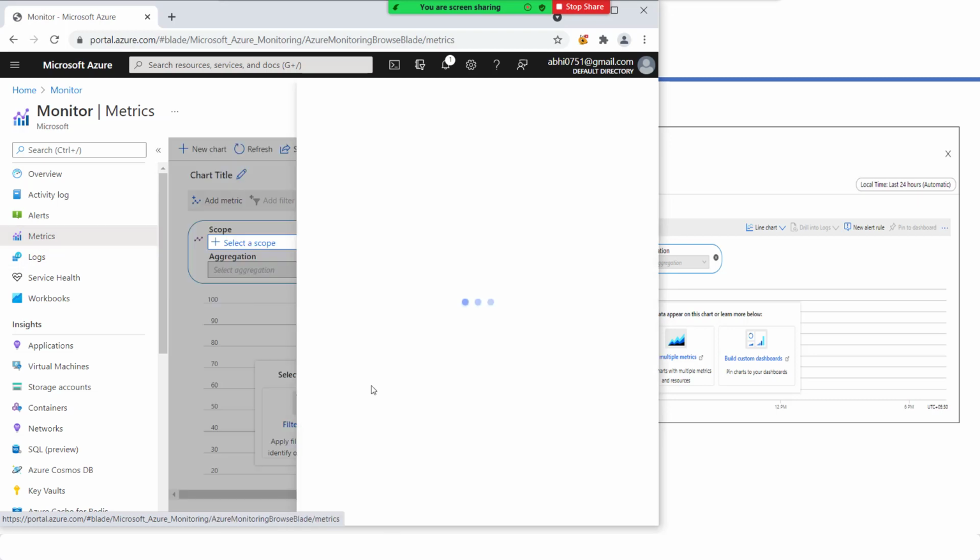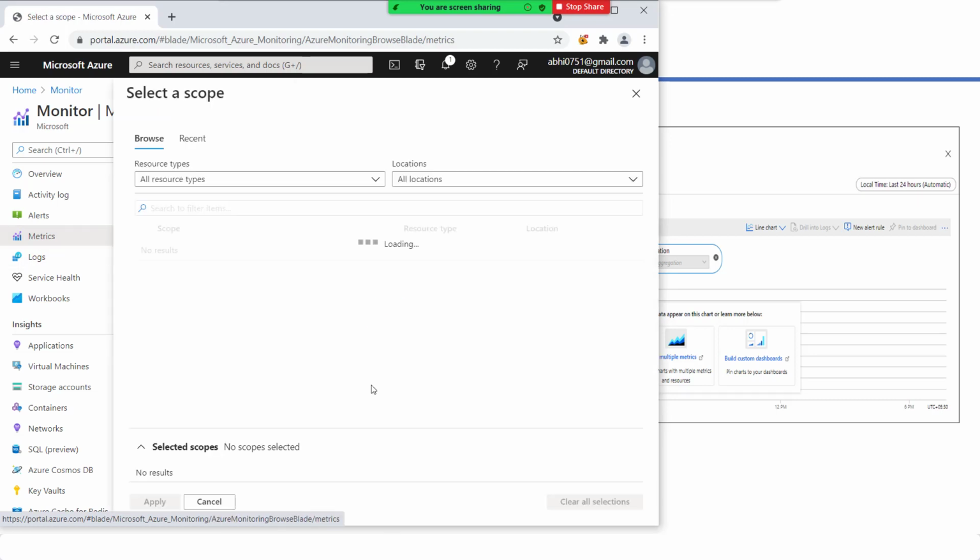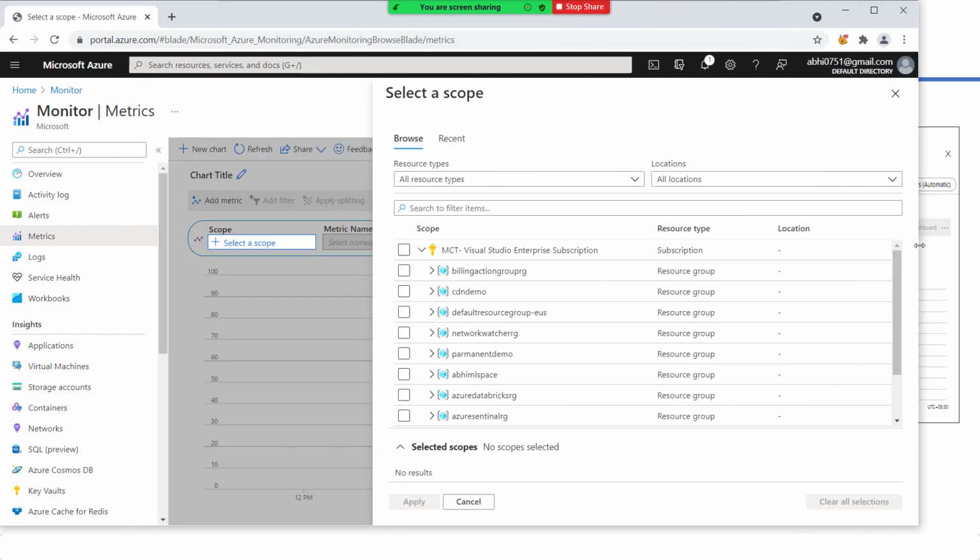Once you click it, you will need to define a scope. Scope means what resources' data you would like to analyze. For better granular analysis, you should narrow down your scope.